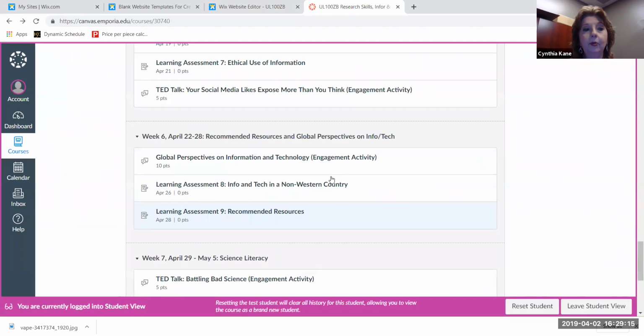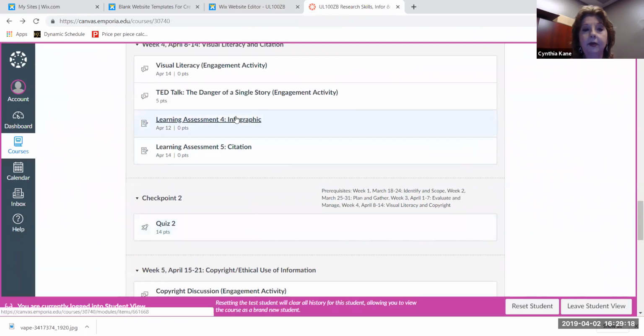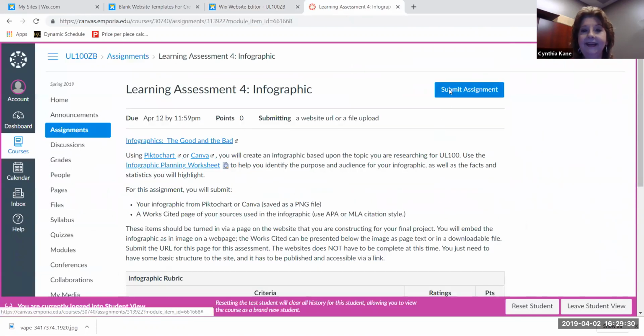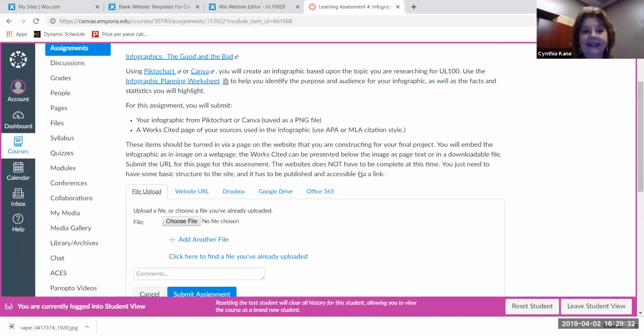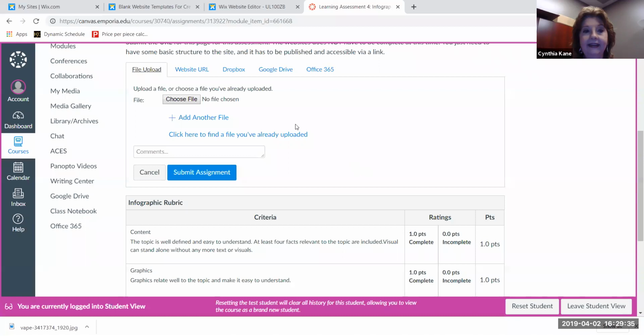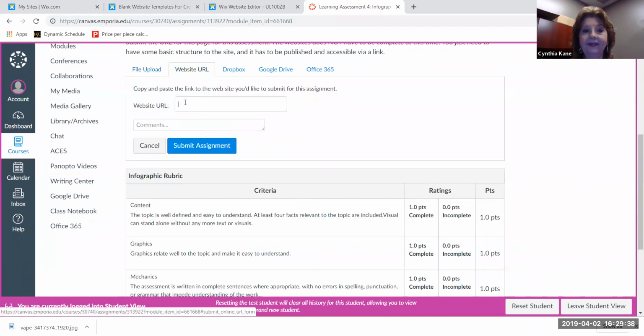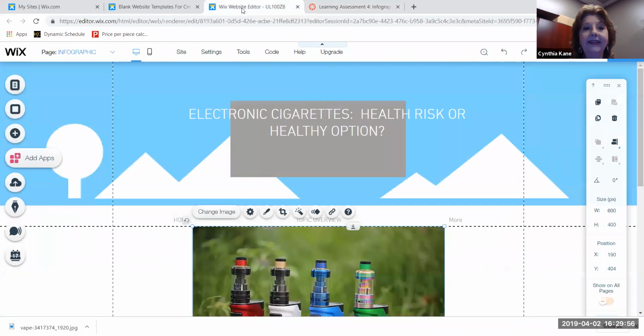We'll go back over here. Go back up to week 4. Go to infographic. You've embedded your infographic in your shell of your Wix portfolio. Go to submit assignment. Website URL. And paste that. And then we will be able to go ahead and look at your infographic within that page of your website. So remember, you do have to publish that first before we can actually see that. Going back to our website editor then,